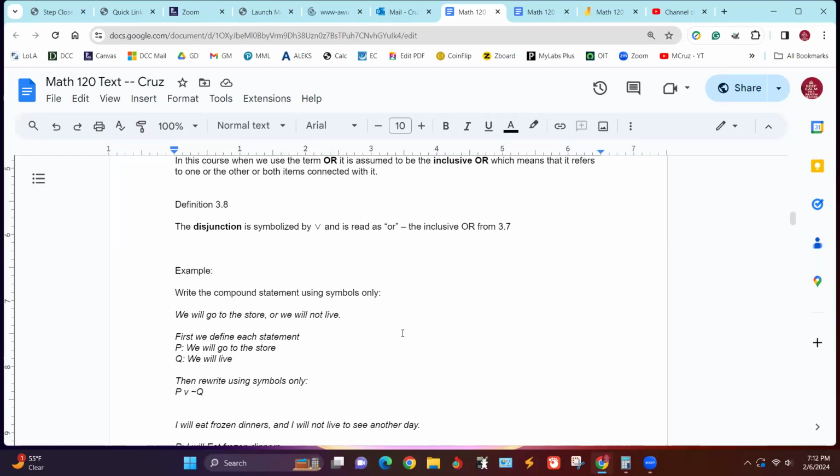So to write that symbolically, we're going to define P as we will go to the store, and Q is we will live. Since we're using or in there, that's going to be replaced with that little V looking symbol.